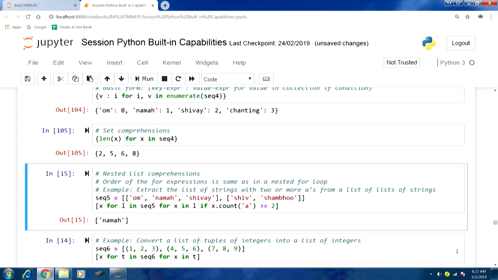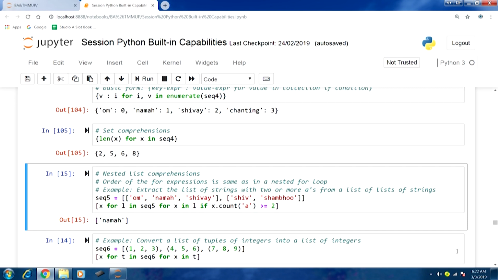So, let us look at the nested list comprehension that I have written. Here you can see x for l in sequence 5. Sequence 5 is a list of lists, so each element is a list. For each list we use this transformative expression, that is nothing but the element itself, x, and then the second loop is for x in l, that is, each of the string elements within that list.